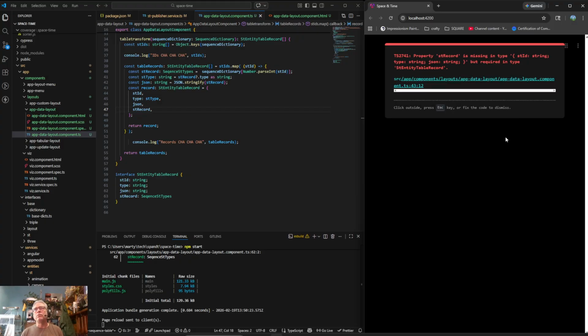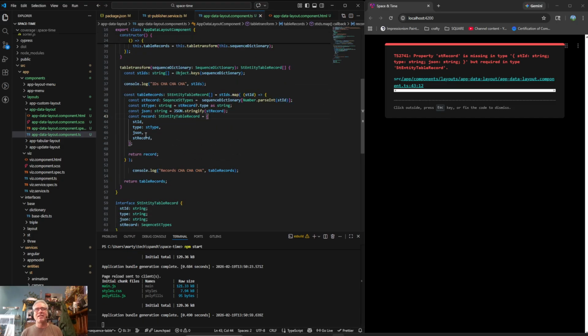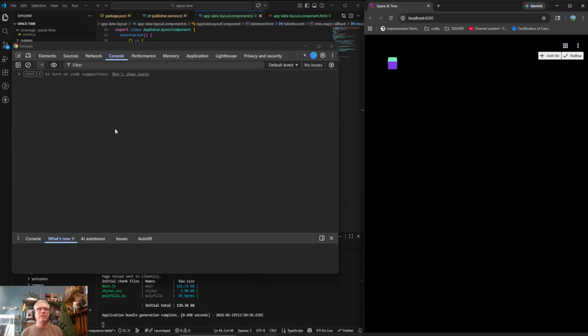And let's see what we got. Ooh, no. Oh, no. Maybe line 43. It says there's something on line 43, and it's saying that it is missing STID type. Is this old? Is that what happened? It's complaining that I don't have this. It is wild that it didn't break here, but it broke in the runtime. That is fun. All right, so if we look in here, basically, if I hit F12,